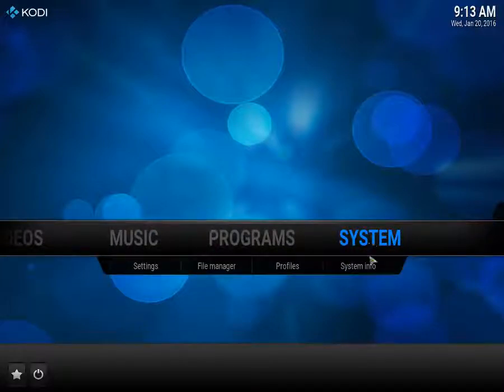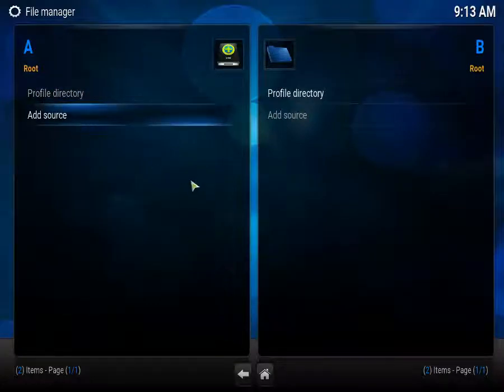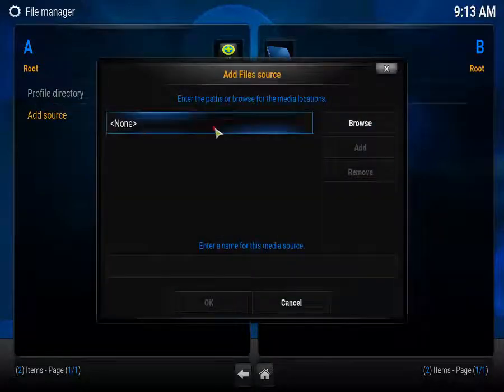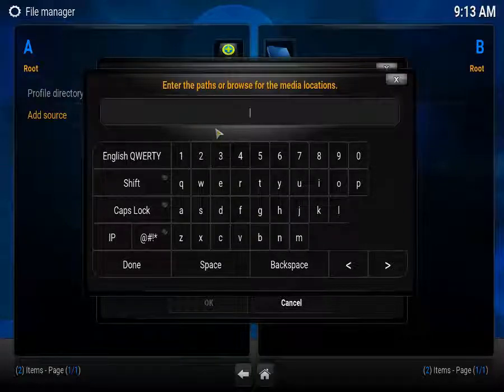We're going to go to System and File Manager. Here's where we're going to tell Kodi where to find it. Okay, so let's go ahead and add a source. We're going to double click add source. Up in the top here, we're going to put the URL for that zip file for that add-on or that repository. We're going to go http://